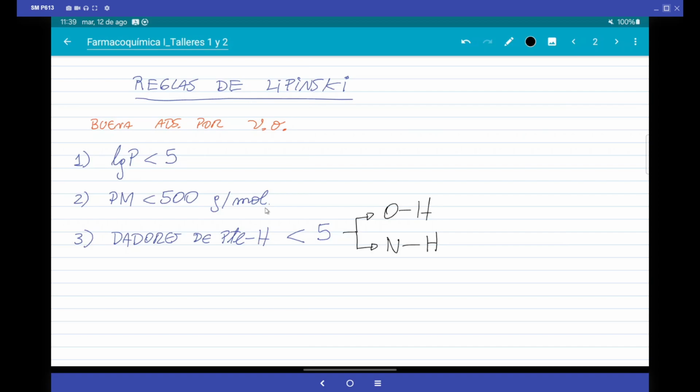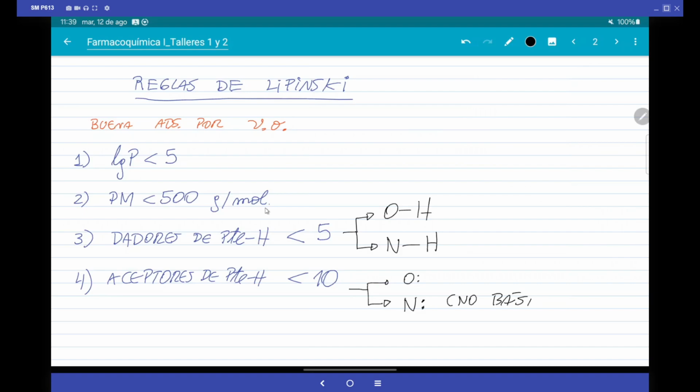We must have less than 10 hydrogen bond acceptors. And when I say less than 10 acceptors, they are all those atoms that can accept a hydrogen bond through a non-linked electronic pair. For example, an oxygen that has an electronic pair available to accept a hydrogen bond,